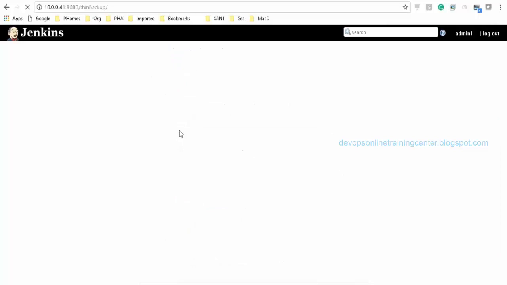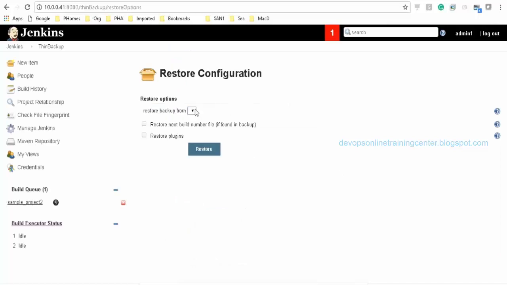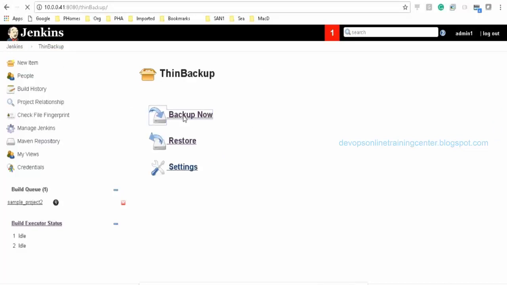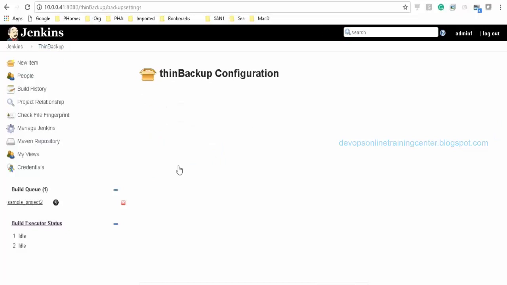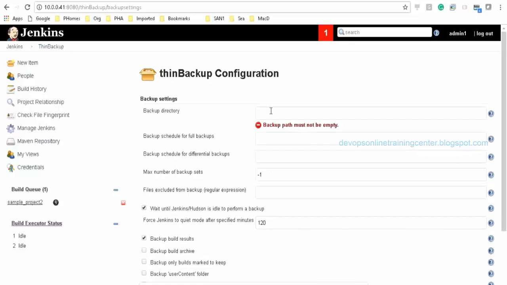Backup. Okay, the problem is we need to specify a backup directory. So I'll specify something, /var/lib/jenkins.